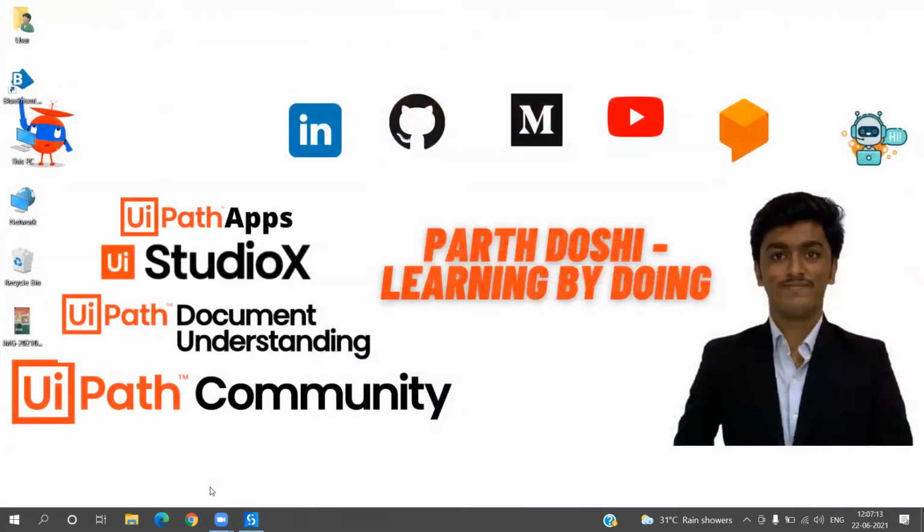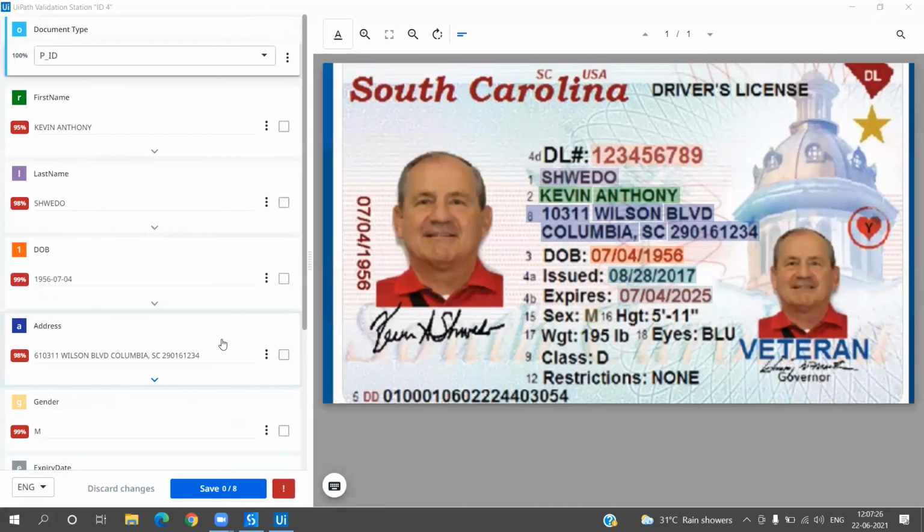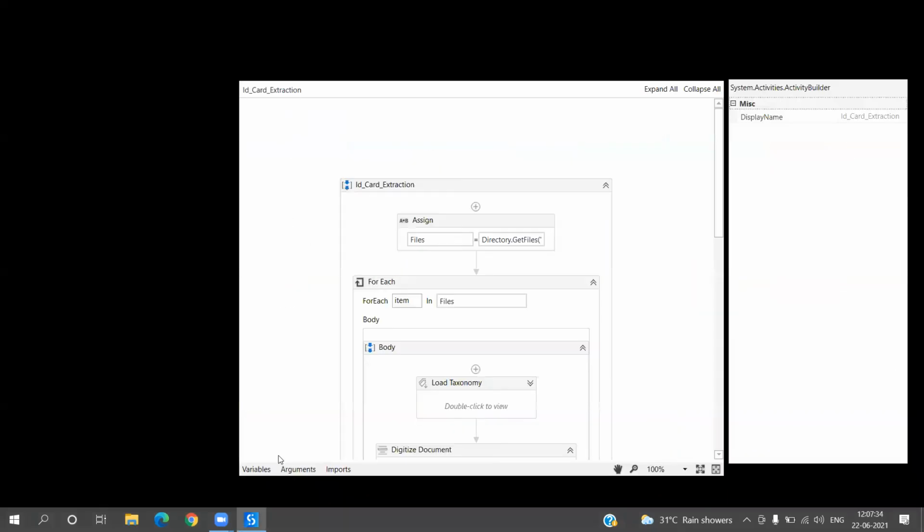Let us save, and we have one last document. Let's see if we have the extracted data for that as well. Again, over here we have data extracted. Almost all the details have been extracted accurately, and let's save it.